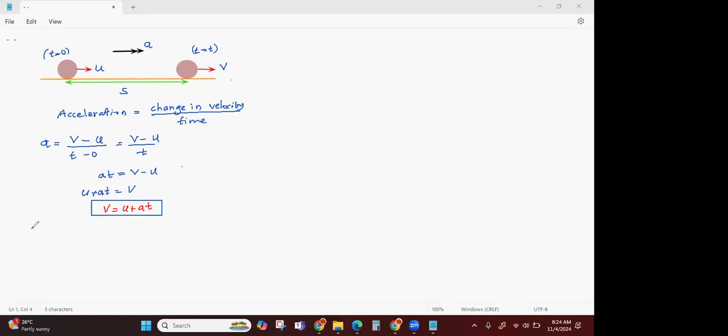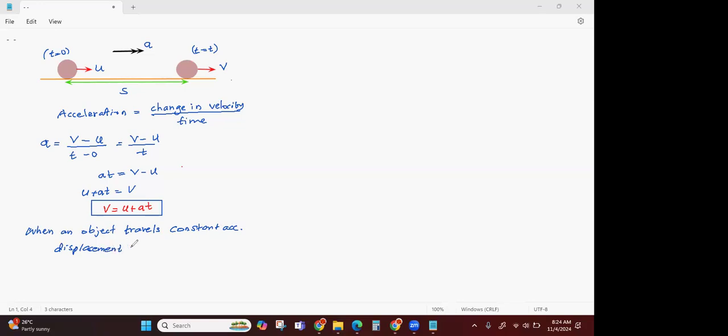So here, when an object travels with constant acceleration, or we can say when an object is in straight line motion. Because when an object is in constant acceleration motion, then it is a straight line motion. So we can say when an object is in straight line motion, its displacement is given by